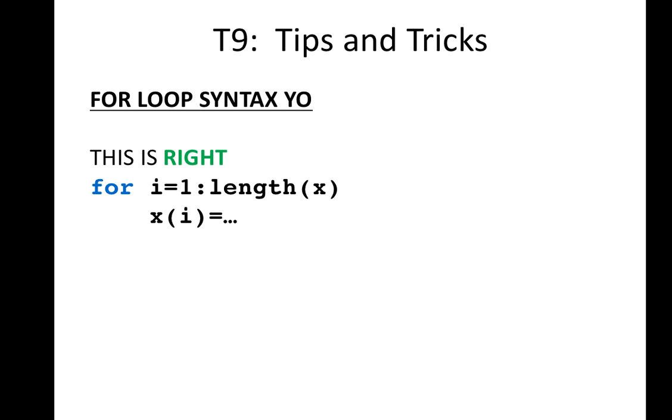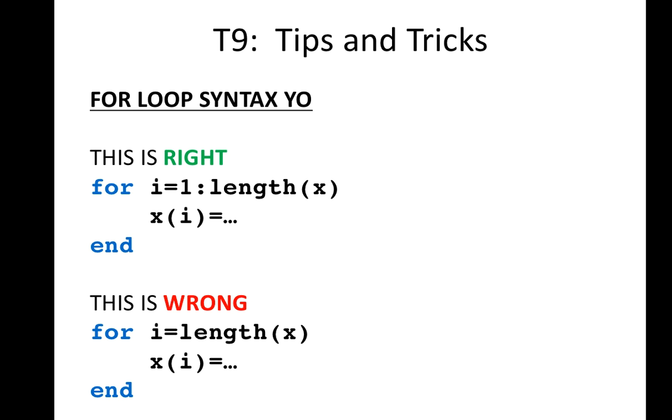As for my tips and tricks for this topic, the thing that I start noticing that people start doing a lot around this time is the for loop. Even though most people will do it correctly previously, they'll get in the habit of just putting one number in the for loop. And I told you that when I first presented it to you, that some people think, okay, I want the for loop to run 10 times, so I'm going to write i equals 10. But remember, that only runs it one time. So you have to put an array, and the loop runs for each element